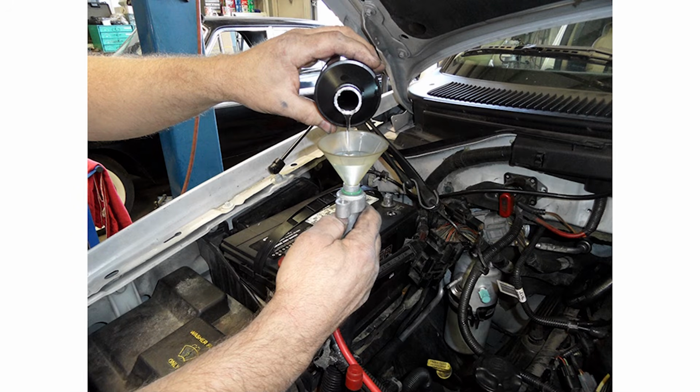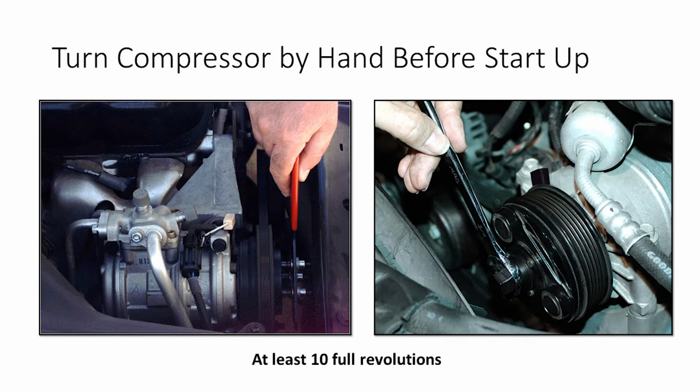An alternative method of adding oil to non-crankcase compressors is to mount the compressor in the vehicle first, then detach the suction line from the accumulator or the evaporator and pour half the oil charge down the suction line toward the compressor. Caution! It is absolutely critical that all compressors, regardless of the type or system design, should be turned through at least 10 complete revolutions by hand after the lines are connected, but before attempting to start the engine.